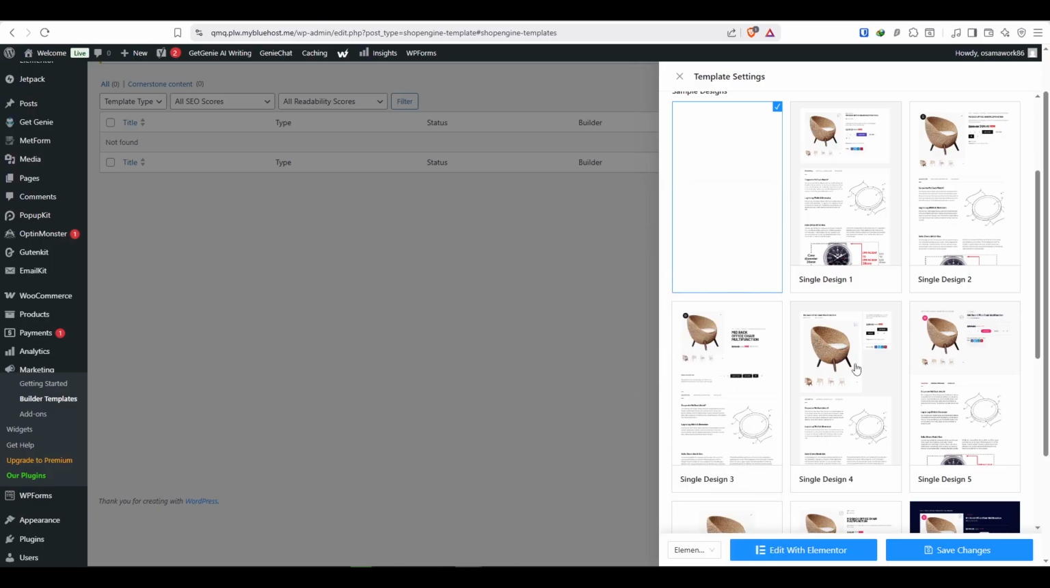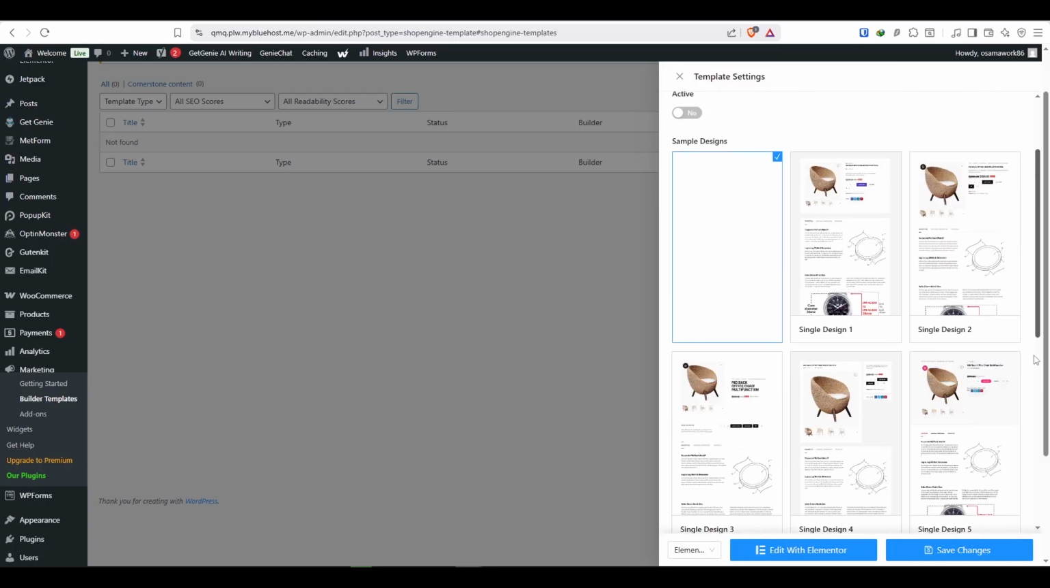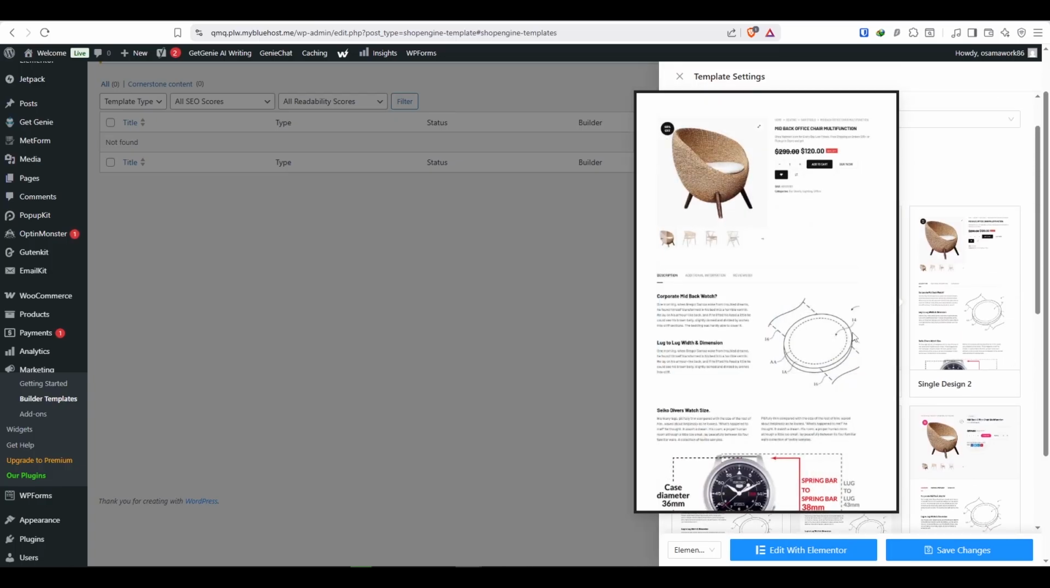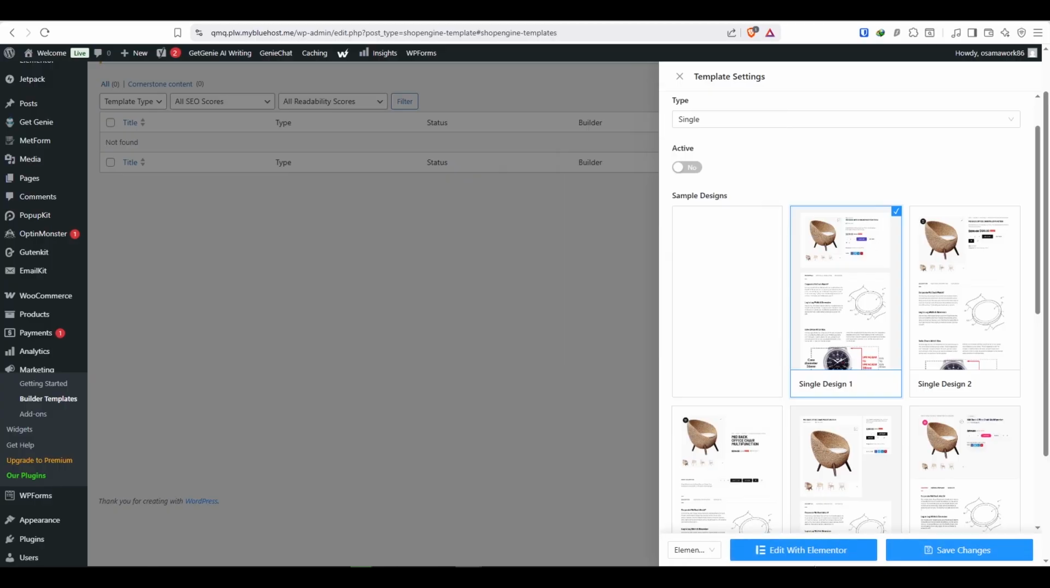This one also looks pretty cool. These are all simple designs as well, so you can go ahead and select whichever one you want. Let's go with the simple one first, the first one. So we'll go ahead and click on the first one, and then we can click on edit with Elementor, and